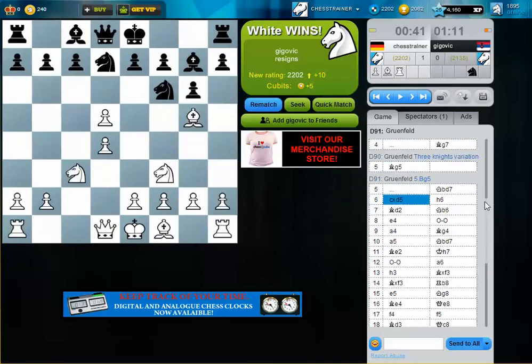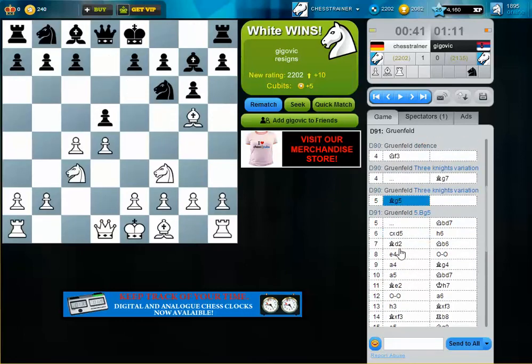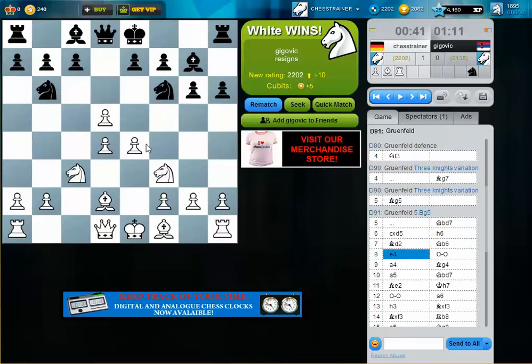Yeah, I think right from the opening, black just blundered the pawn here. So the normal move is knight e4. You can also play c6, which is a bit passive, but knight e4 is a good move. Yeah, here I think it's already very difficult for black, because he just gave me the center, and you can see in this game